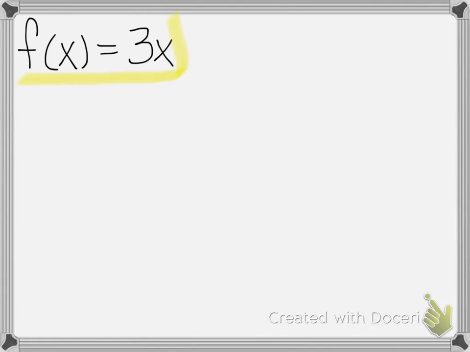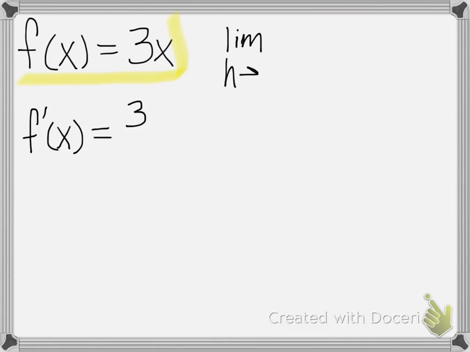Okay, so that's what we have there, and how you actually apply that by doing the limit definition, we would say that f prime of x is equal to 3, and we had, or I'll just write it real quick up here, the limit as h goes to 0 of f of x plus h minus f of x